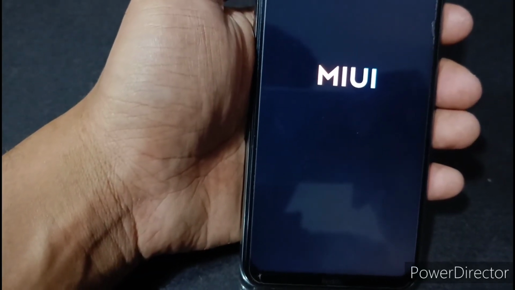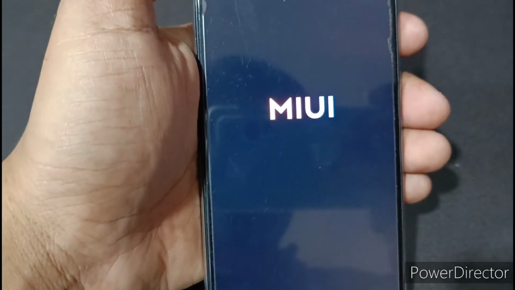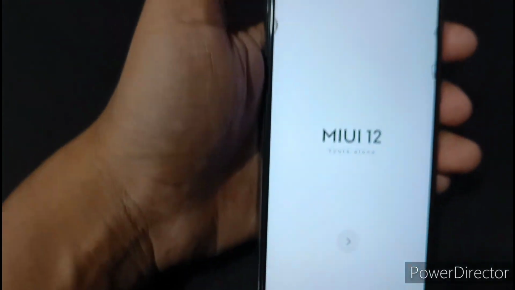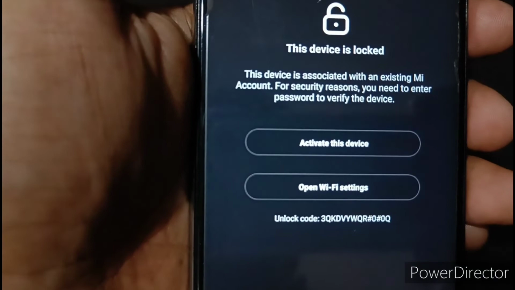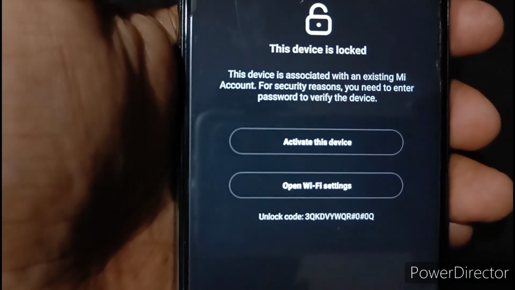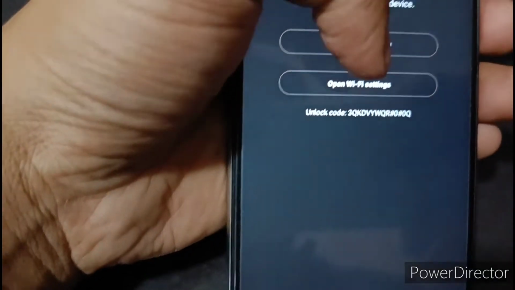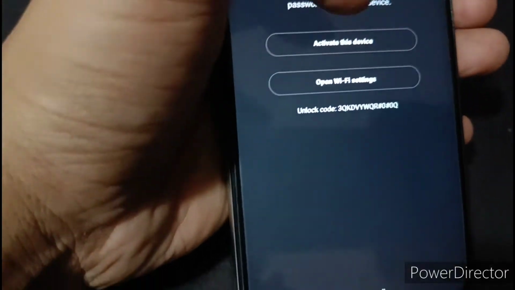It will take some time. Now it's starting. Now you have to log in on this page. Activate the device.